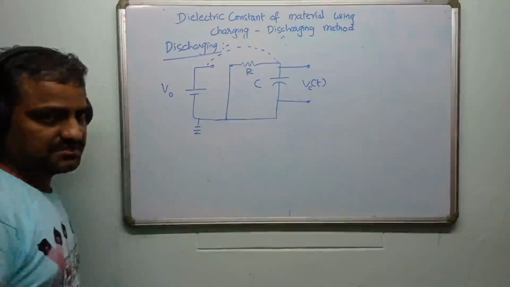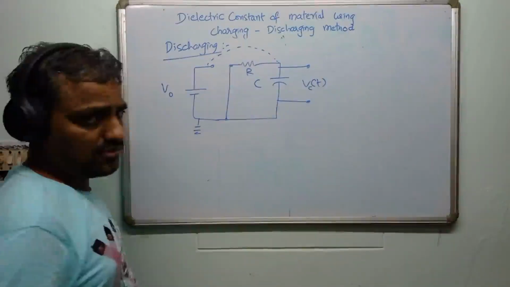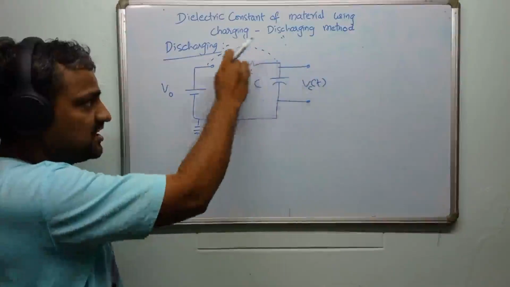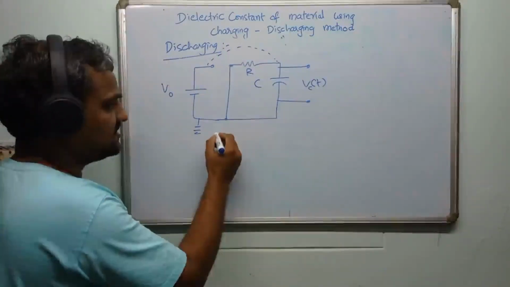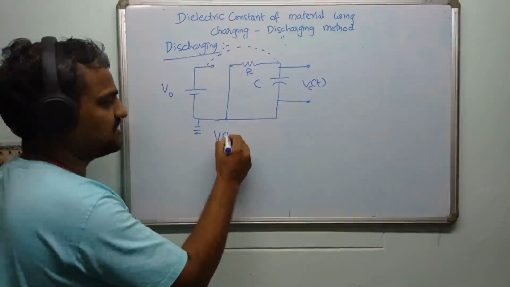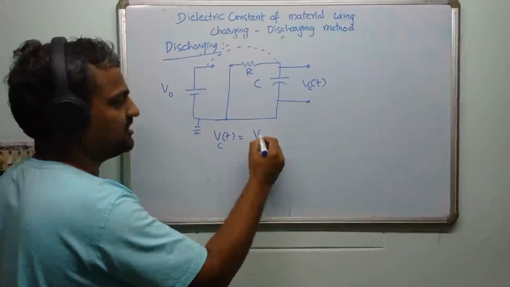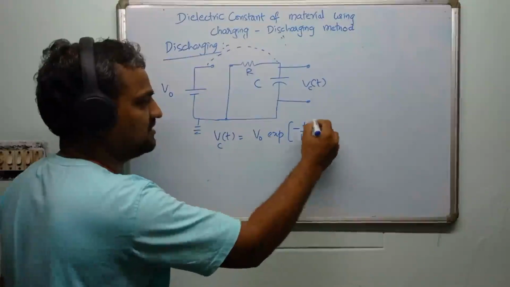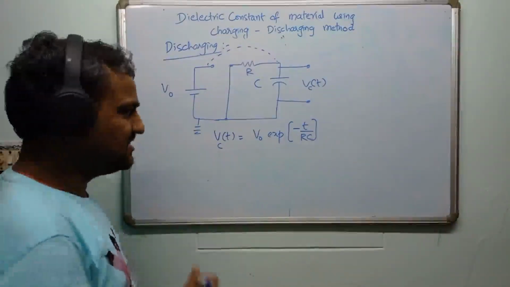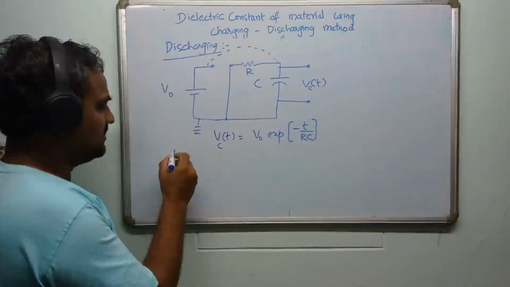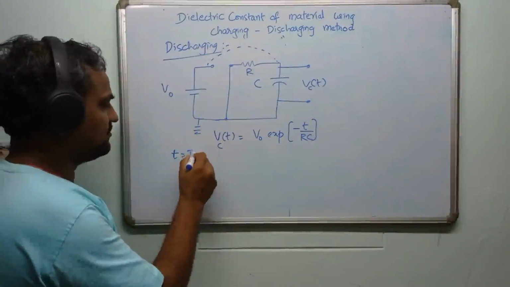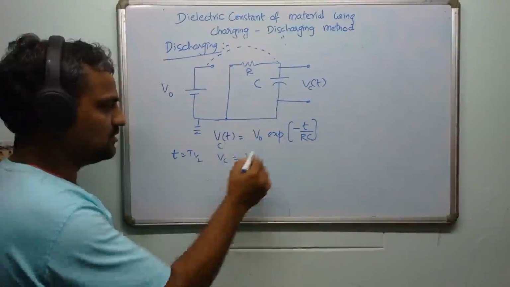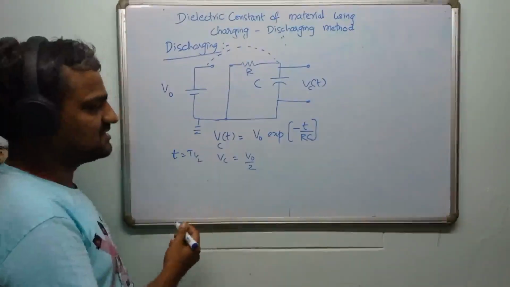Initially we charge it, so the same V0 will appear over there, and the moment you remove the wire, it is going to discharge through this resistor. The discharging voltage as a function of time is given by V0 exponential of minus t by RC, the same time constant. So here also you can get the T half in the same manner. When you put t equal to T half, you're going to have Vc equal to V0 by 2. Just by plugging it here, once again we arrive at the same expression.